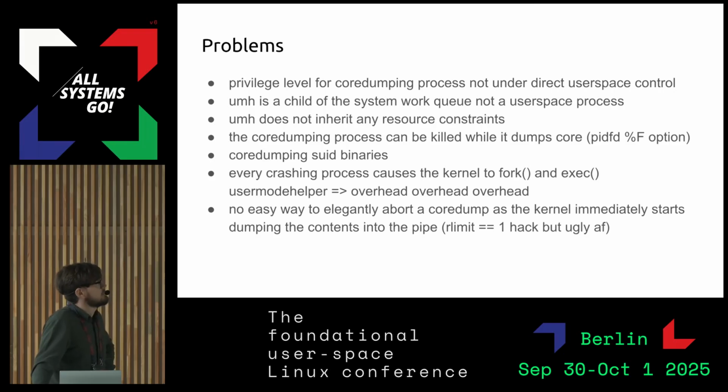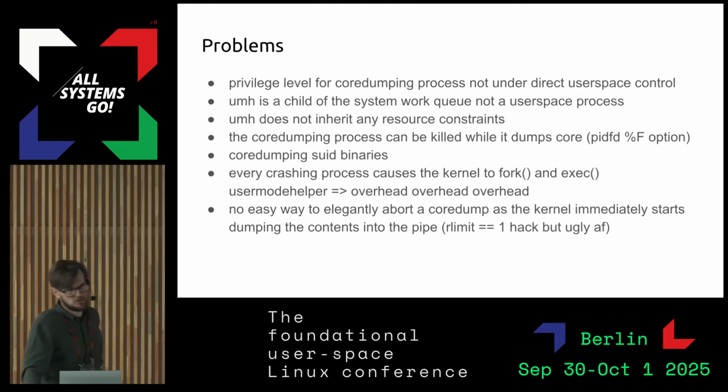Every crashing process, if you use the usermode helper, causes the kernel to fork and exec. So there's a lot of overhead, right? If you have 100 processes crashing, the kernel forks and execs 100 times, needlessly, because you don't actually have to do it this way. But there is no easy way to elegantly abort a coredump, as the kernel immediately starts dumping the contents